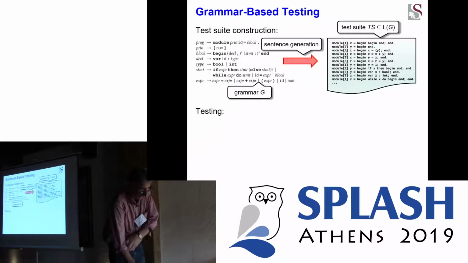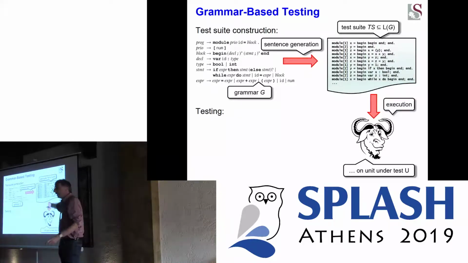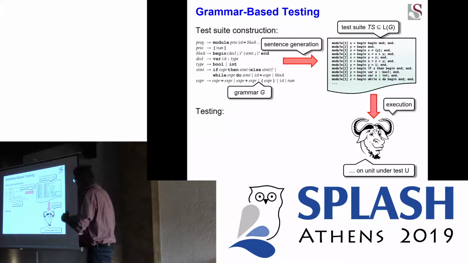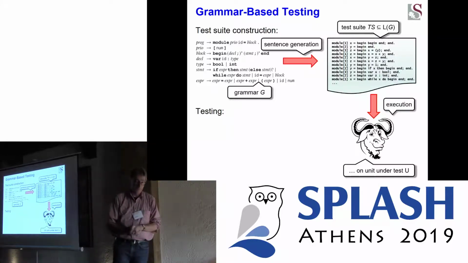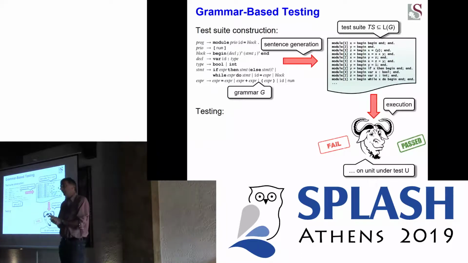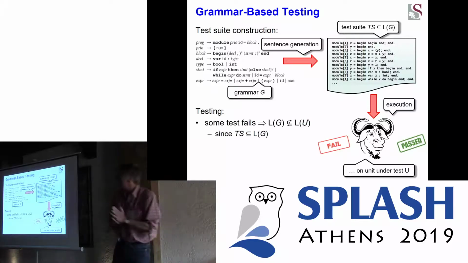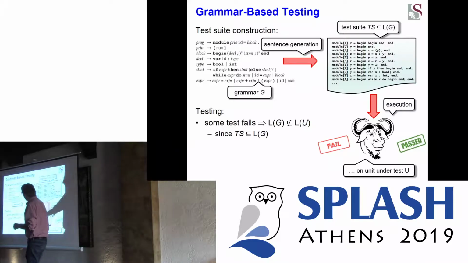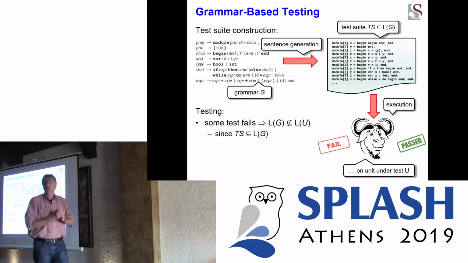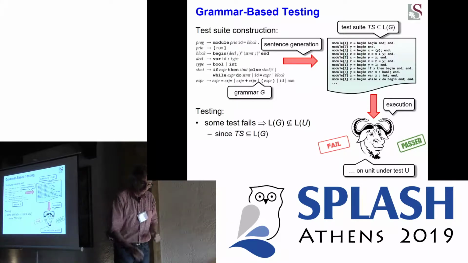And in the second phase, we take this test suite and run a unit under test over it. So we have whatever, GNU-ADA or some kind of compiler, and we execute this on each element in our test suite. And the output is either pass or fail, right? The compiler says yay or it says nay. Right, that looks fine. Now let's look at the outcomes. If one of the tests fails, we know that the unit under test is not correct with respect to the grammar, right? Because it rejects a word that is in the right language.